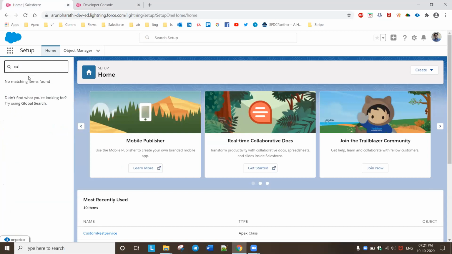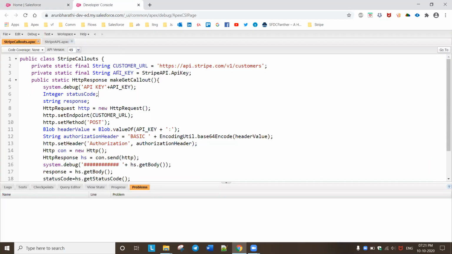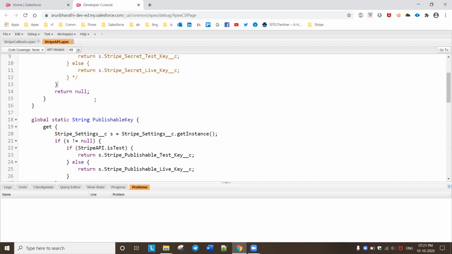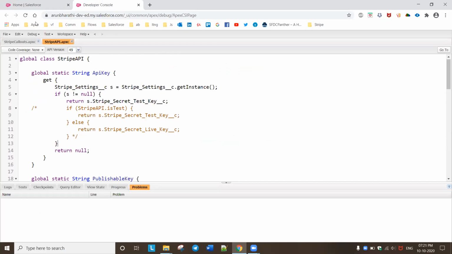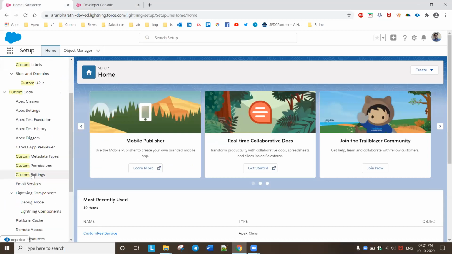What is that API key? Is that the publishable key? This API key is in another class. So they are getting the API key and a publishable key from the custom settings.